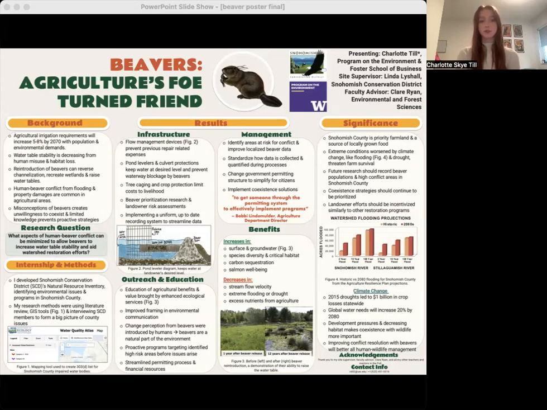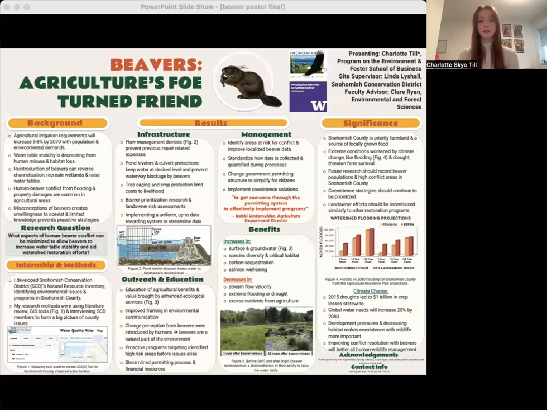First, we'll talk about infrastructure. Traditional methods of removal often lead to beavers returning, leading to repeating costs associated with repairing roads and damaged equipment. Flow management devices, such as pond levelers and culvert protection, are the most effective way to prevent waterway blockage and